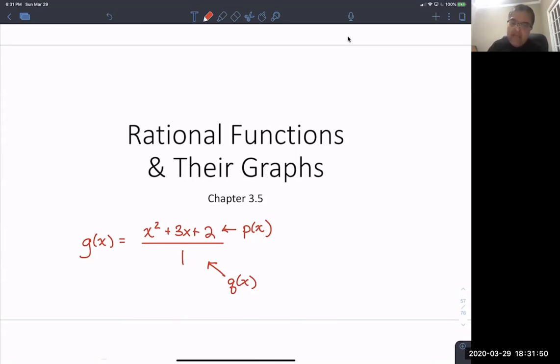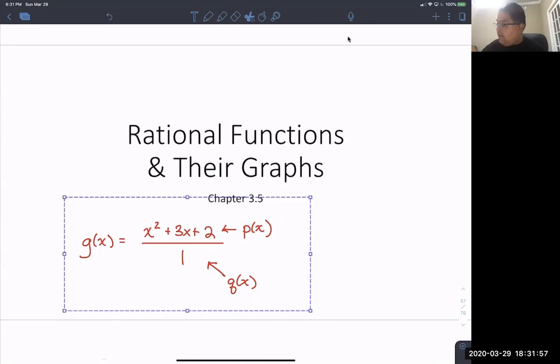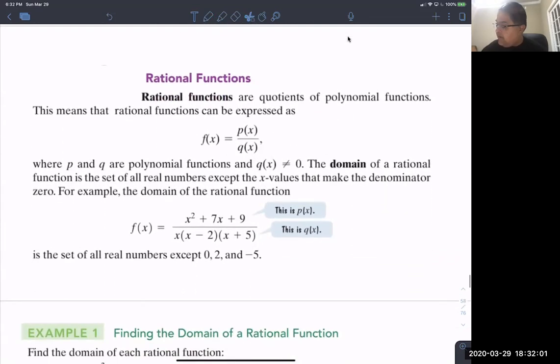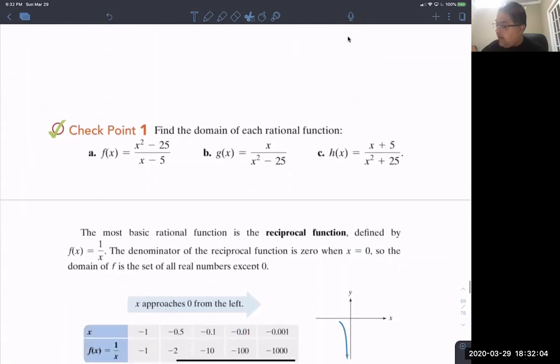But things change when q of x becomes something else. And we're going to get into that in a few minutes. But before we get into that, I want to talk about what is the concept of an